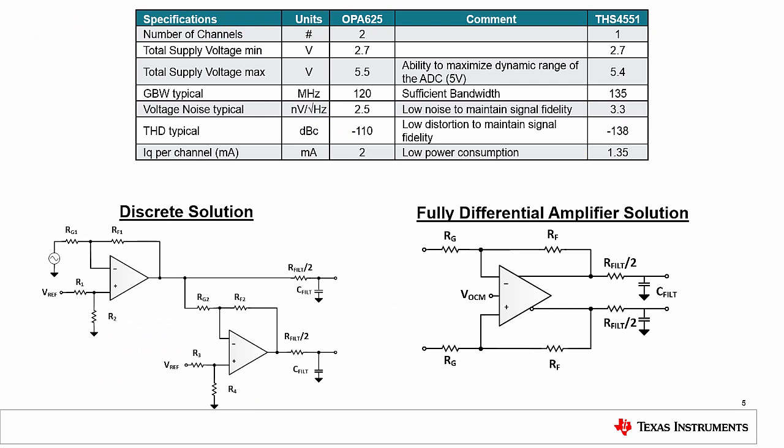Searching through TI's available devices, there are 2 amplifiers that meet the criteria as discussed, the OPA625 and the THS4551. They both offer a supply voltage of more than 5 volts, have high bandwidth values, offer low voltage noise performance, have equal or better THD performance compared to the ADC, and have low quiescent current for low power consumption. The OPA625 is a single-ended output operational amplifier, and by utilizing 2 of these amplifiers, we can configure them to convert a single-ended signal to a differential signal.